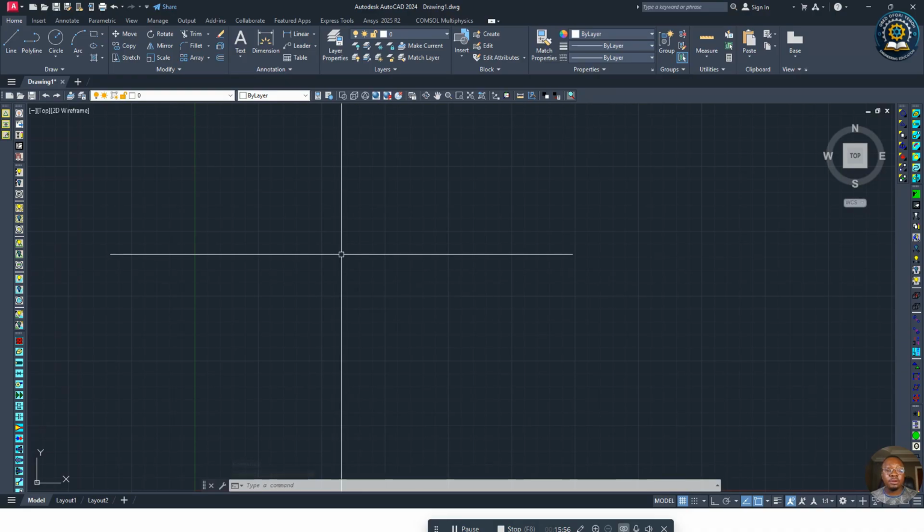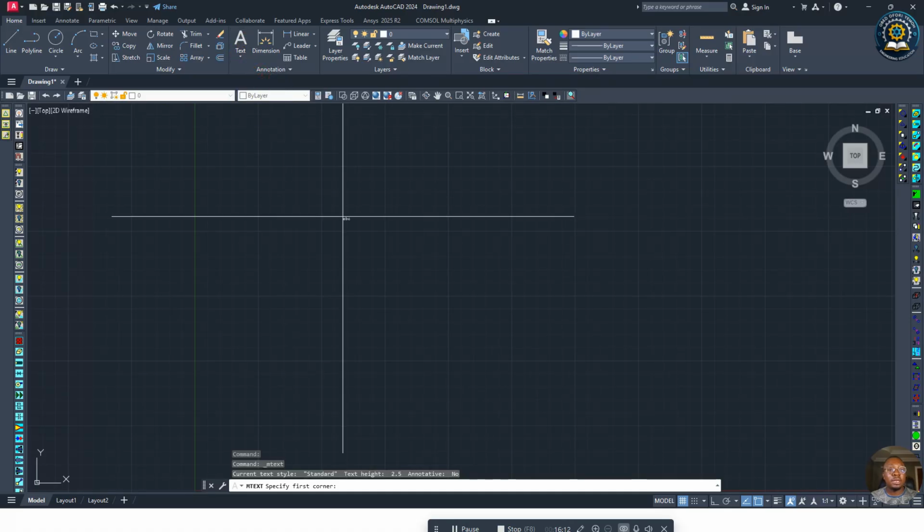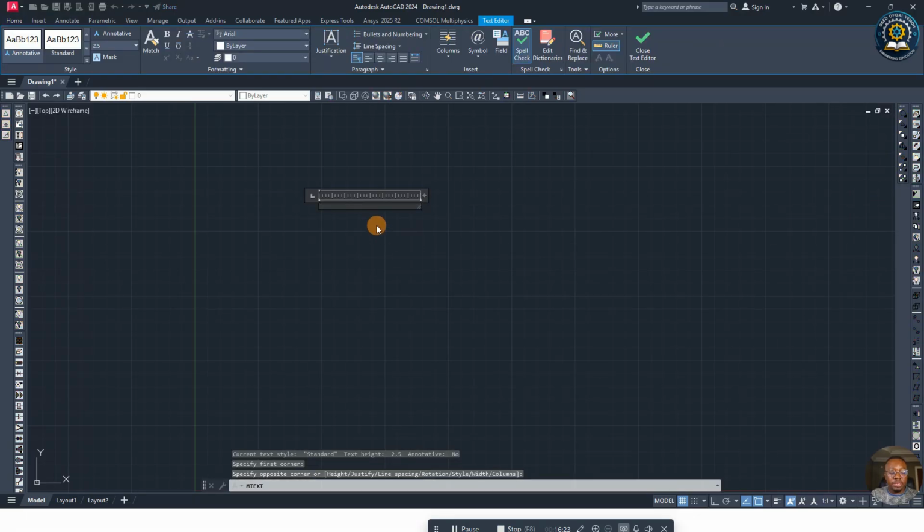Now we are done with looking at lettering. Let me repeat it again. So click on the arrow by the A, that is text, multi-line text. Click on the first point, move your cursor diagonally to the opposite point, click, type in your text,